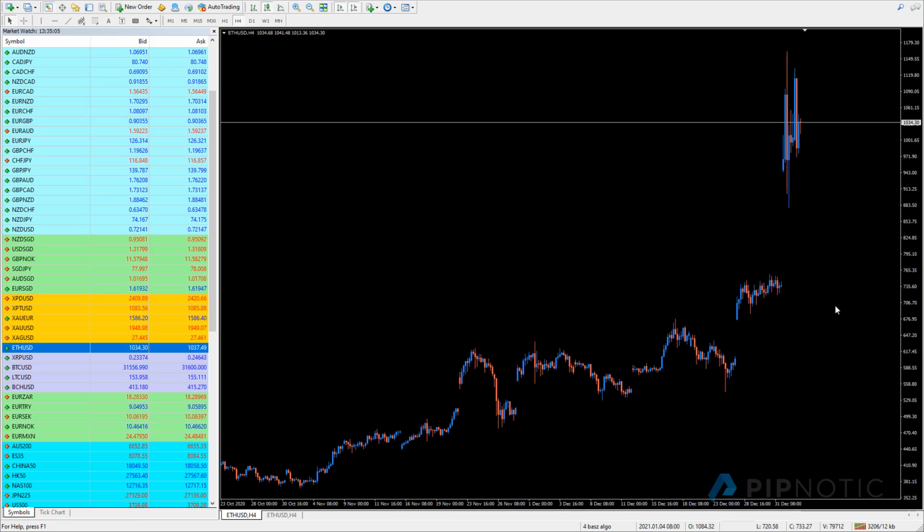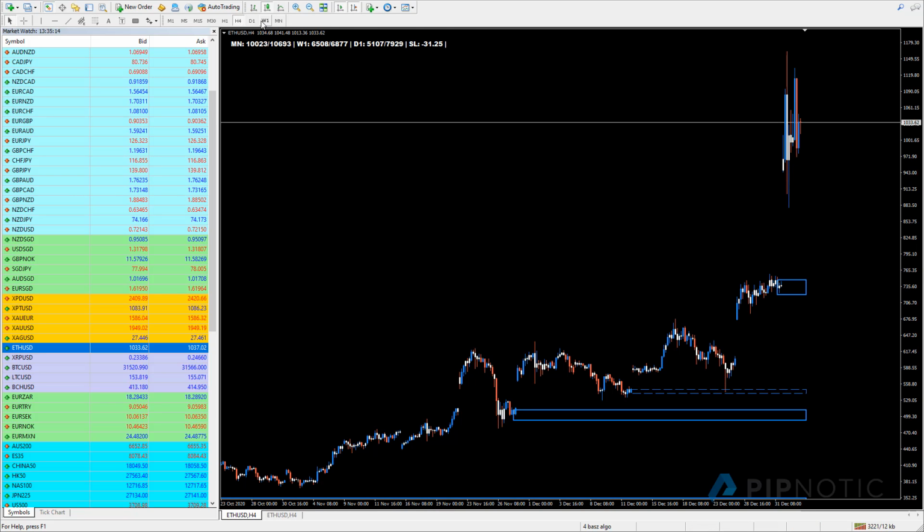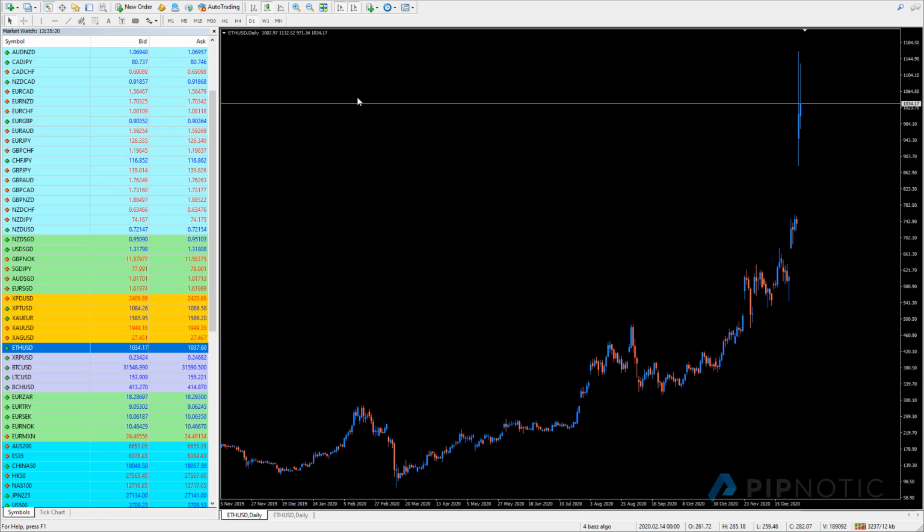And this is not real crypto. This is crypto traded as a contract for difference. And so you're getting these gaps because the market's closed, which is annoying. You're not going to see that on the real crypto market because the markets are open 24/7. If we have a look here